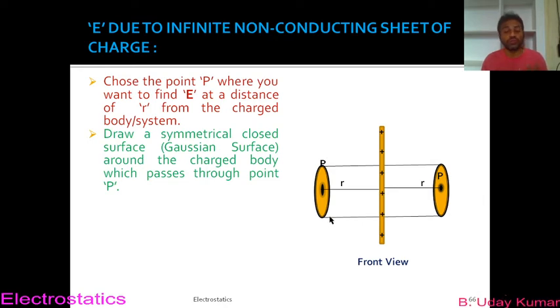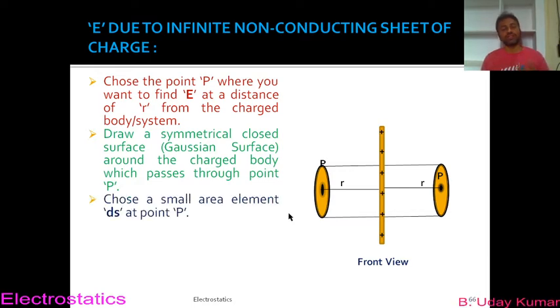Whose height is 2r, twice r. So twice r means if point P is present here at a distance of r, the same point P can be present on the other side of the cylinder at a distance of again r. Now this symmetrical condition of the Gaussian surface is satisfied here. Okay, so that you have to get it. And let us move on to our next one.